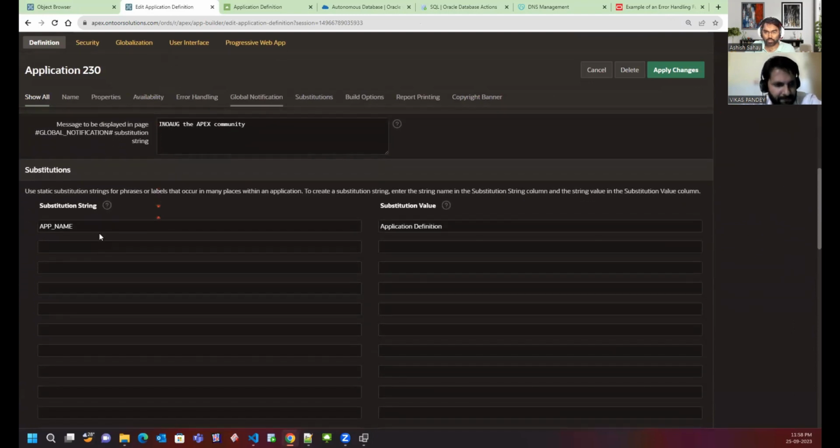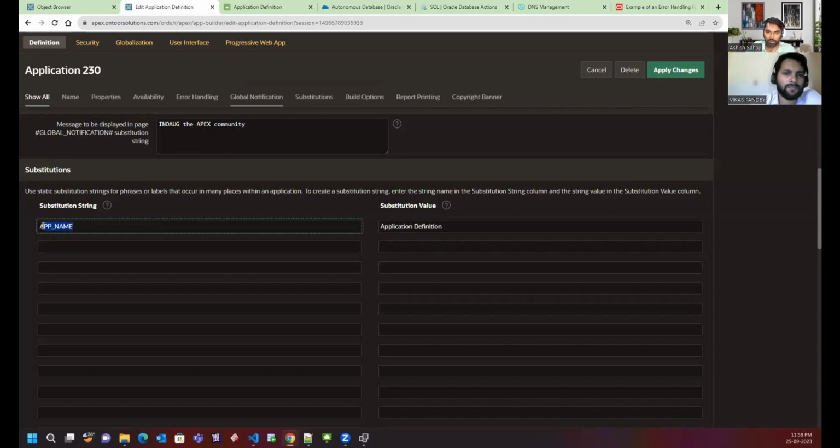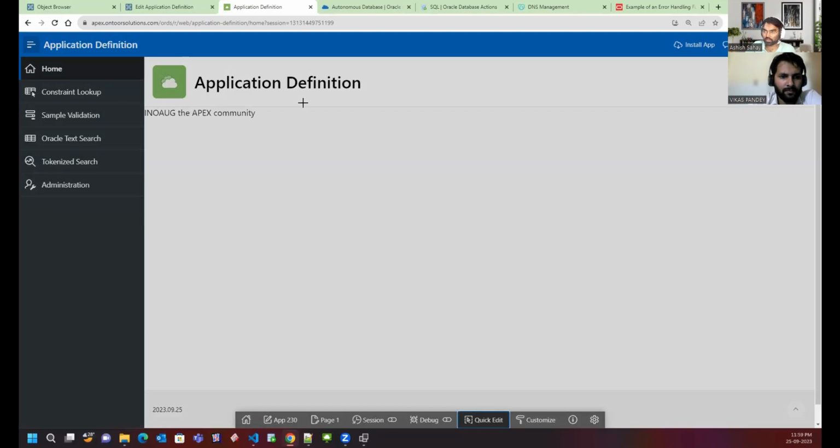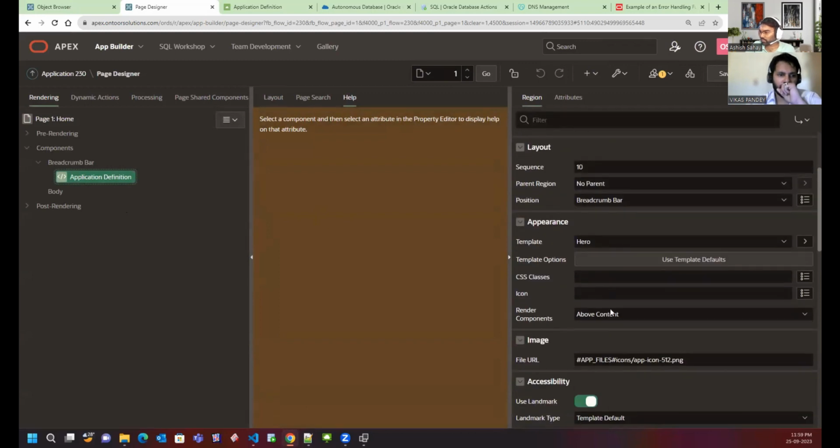Right, so we go to the next section of the substitution strings. These strings are the static variables in our application definitions. We could use them, if I show any sample what Oracle Apex could provide. If not, we'll just jump into that. You see the application name is coming as in app definition. So that app name substitution string should be used in these places. If we just quickly check what we have used,